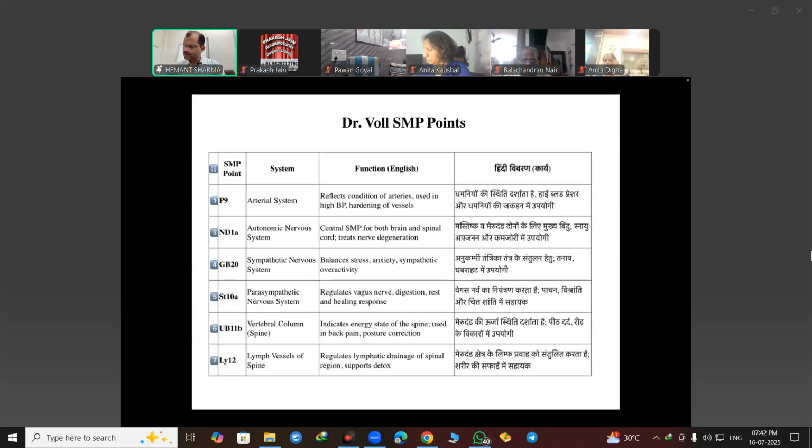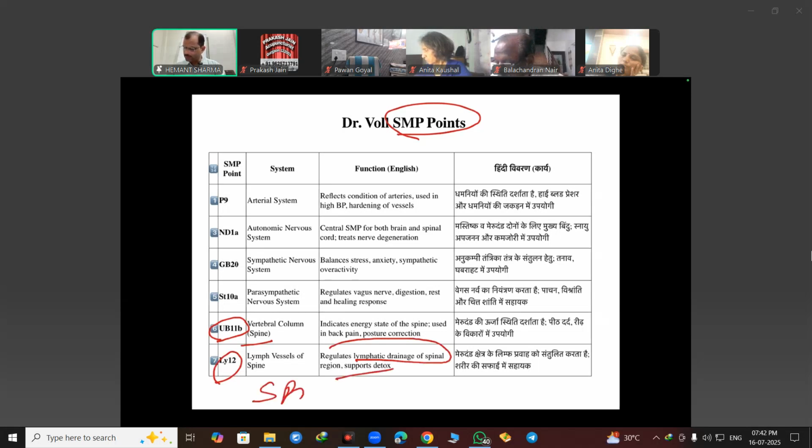One is the UB11B, that is for spine, SMP point, and lymph 12. That will do the lymphatic drainage of the spine, doing detox of the spine. So whenever you will plan the treatment of the spine,